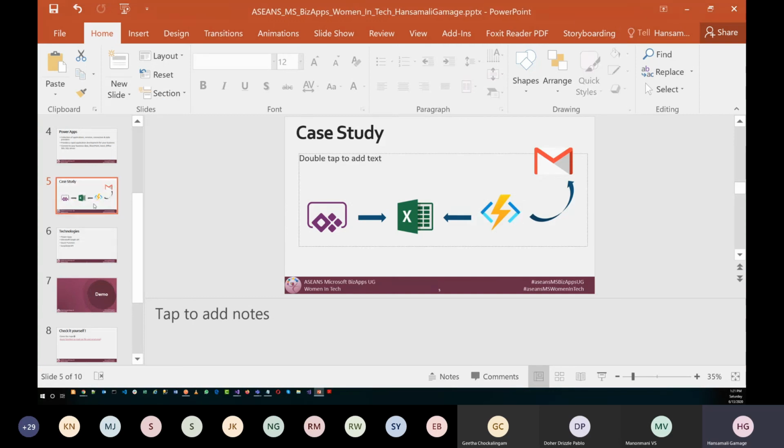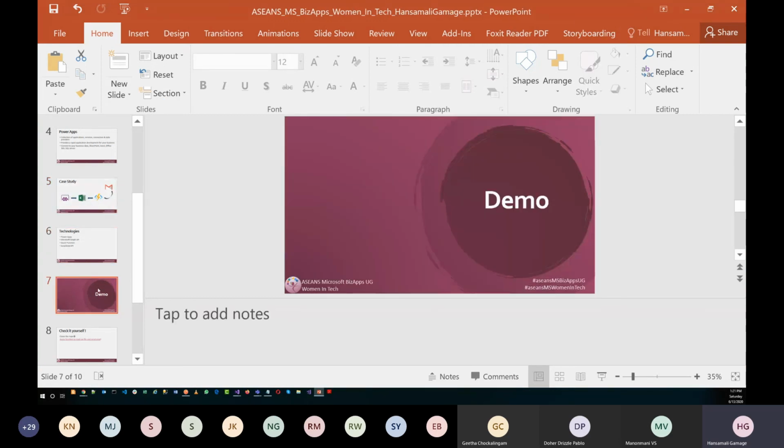So let's wait and see if we get a hit to the function app, and finally whether it is going to send the email. So we have gone through the demo.